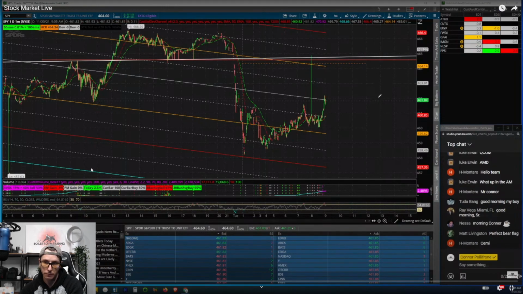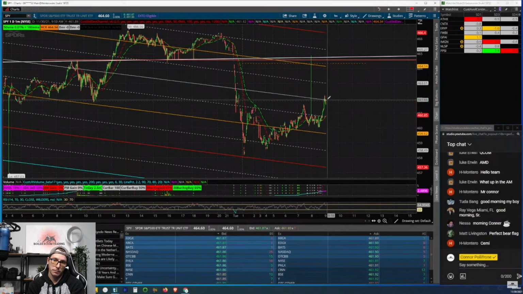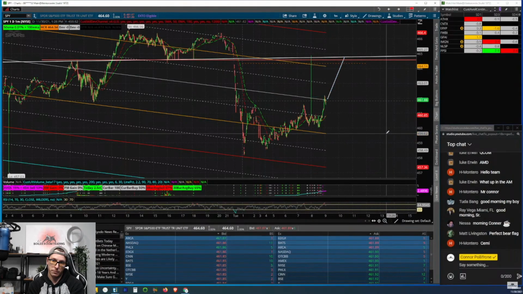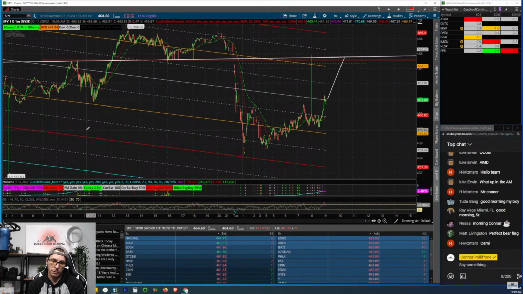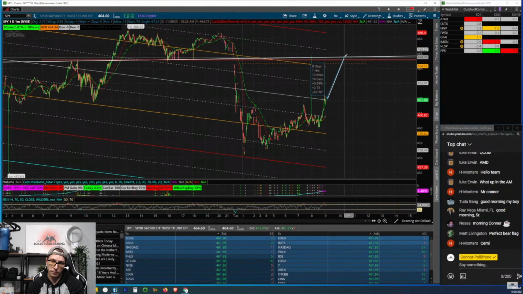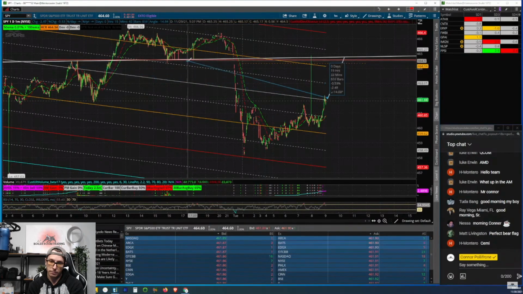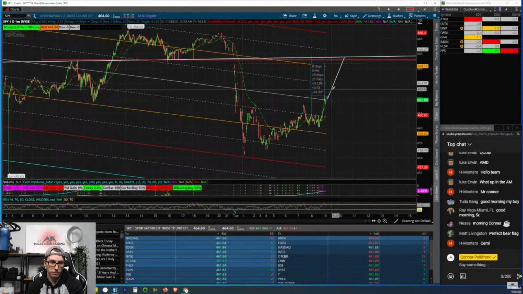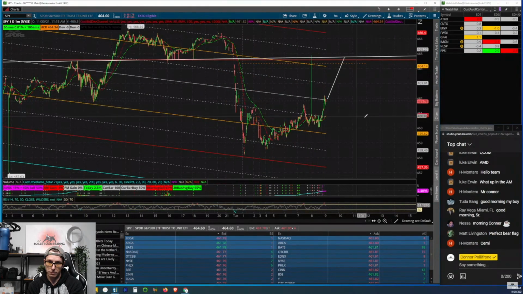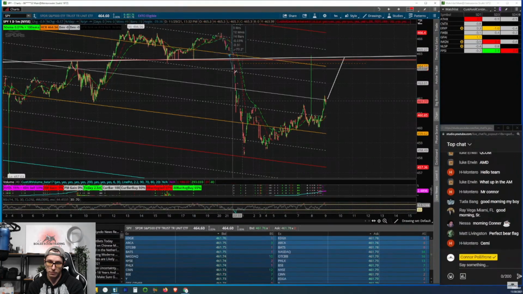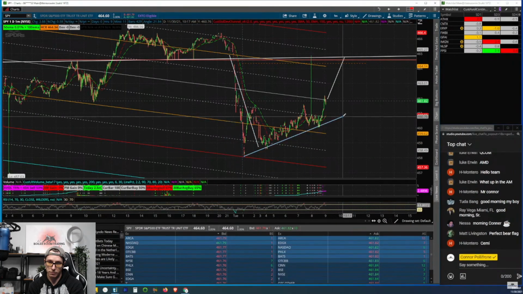One of the plans I had this morning for the SPY was pretty much just to watch it go back to there. So that's the first plan I had: watch the market with a long bias back to that price. I still think it's that price, but about 464 was one of my assumptions. We could see the market retrace off this gap down